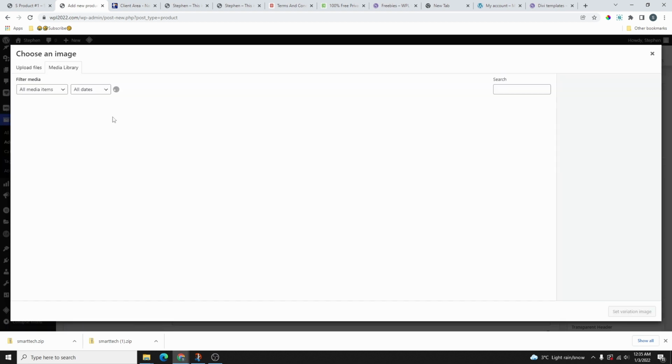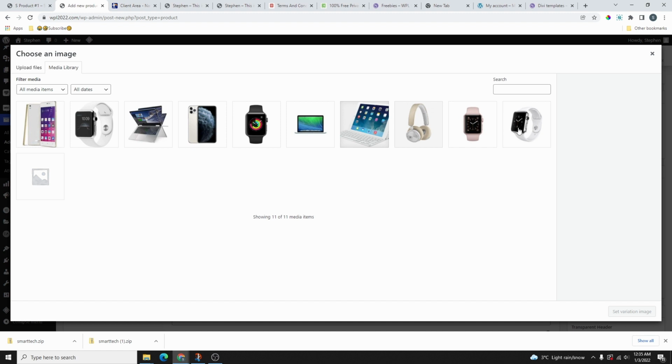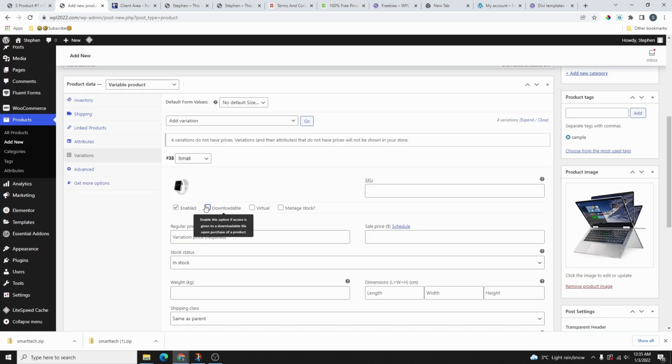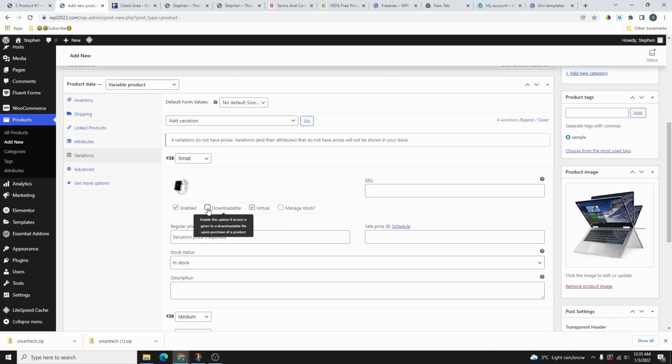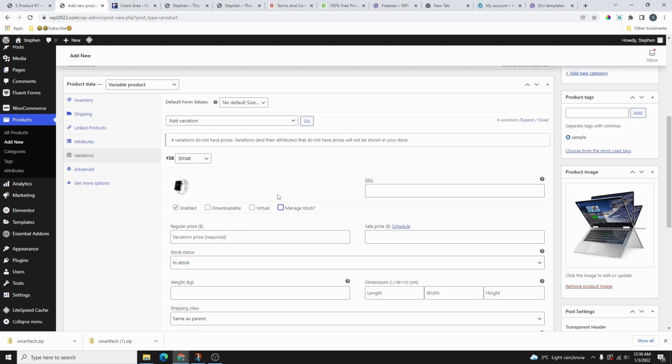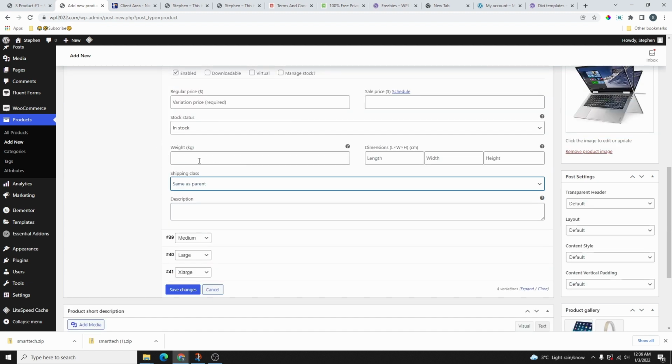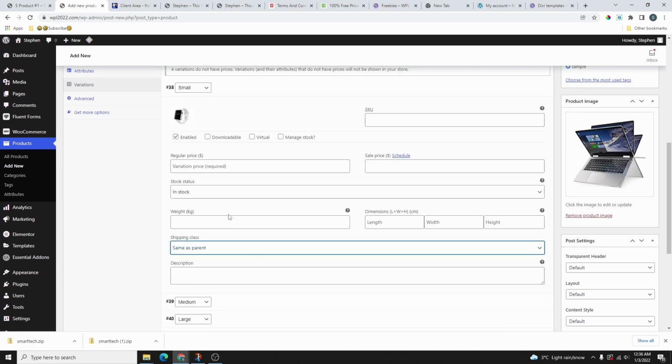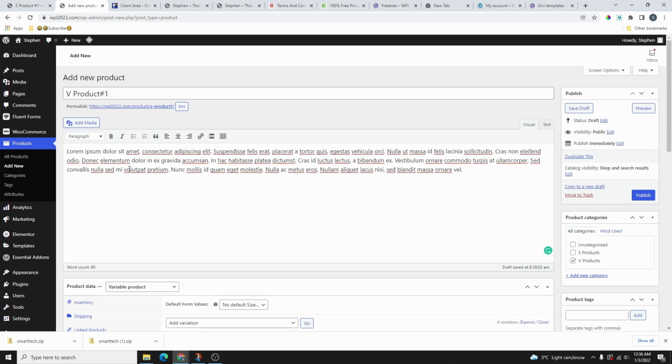We can select this one and add the product image. Maybe we can add this one as the product image. If it's a downloadable product, you can select this and select this one as well. So you have all the same options that you have in single product. And if you have a separate description for this product, you can also add that separate description here. If you don't have any description, it is going to use the default description that you have here as well, so